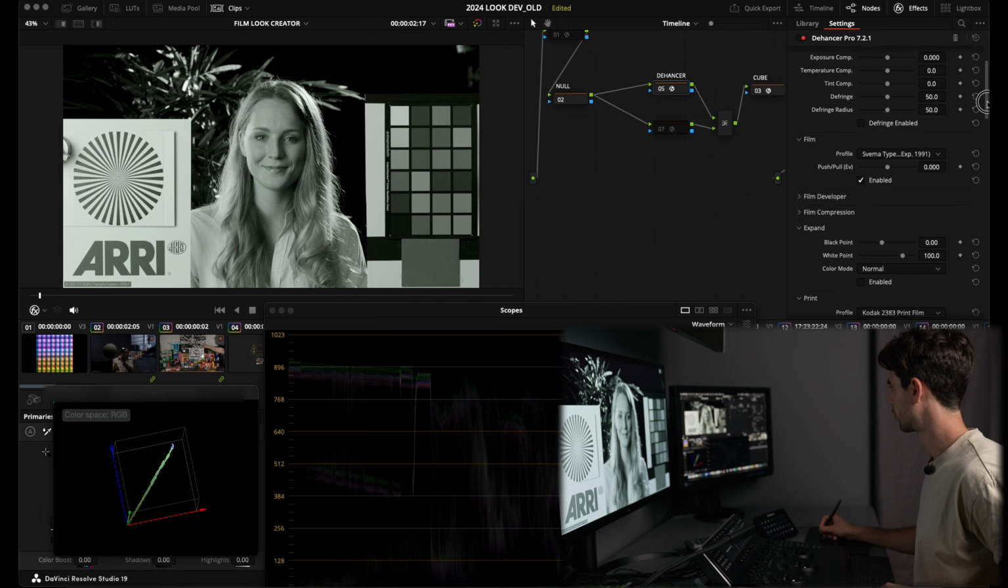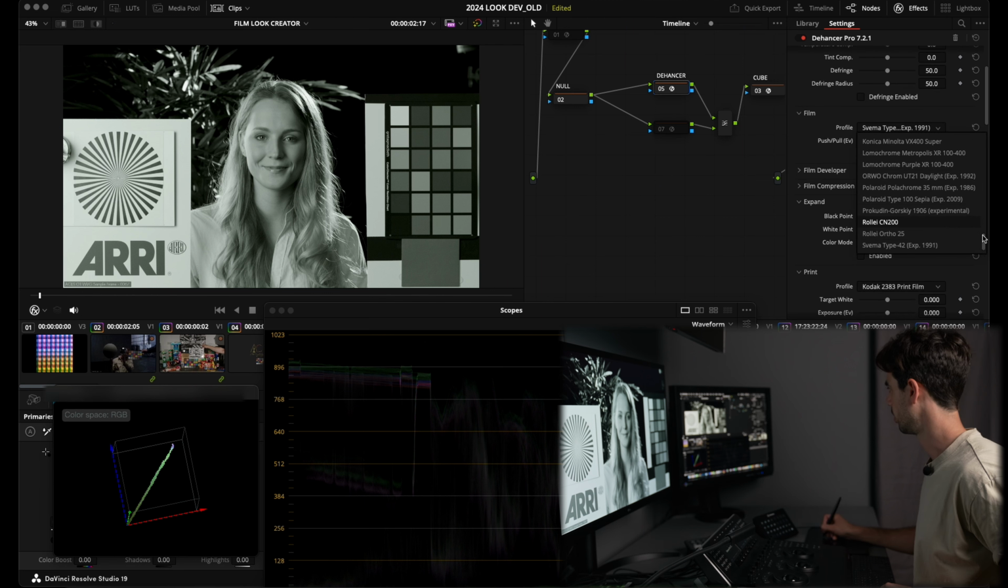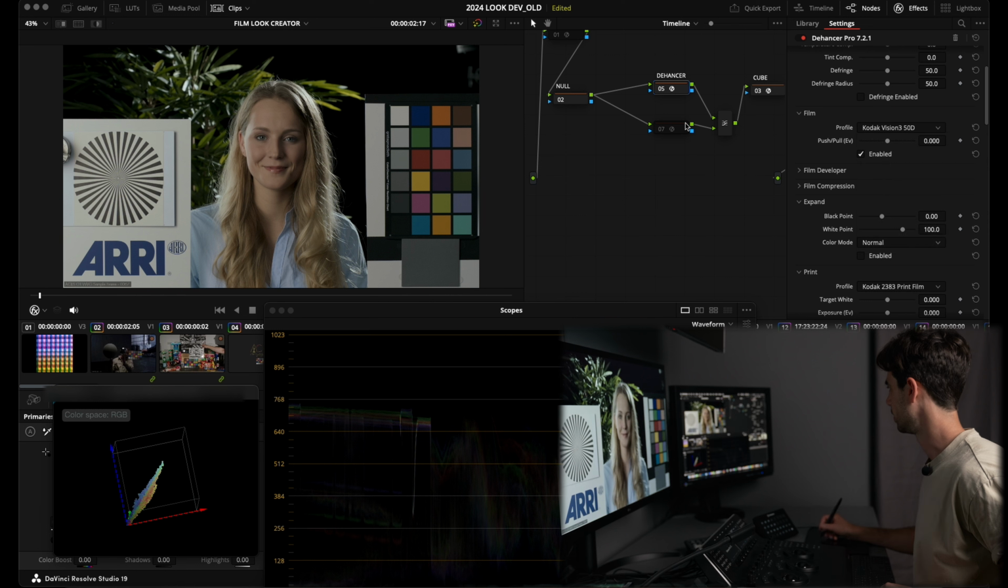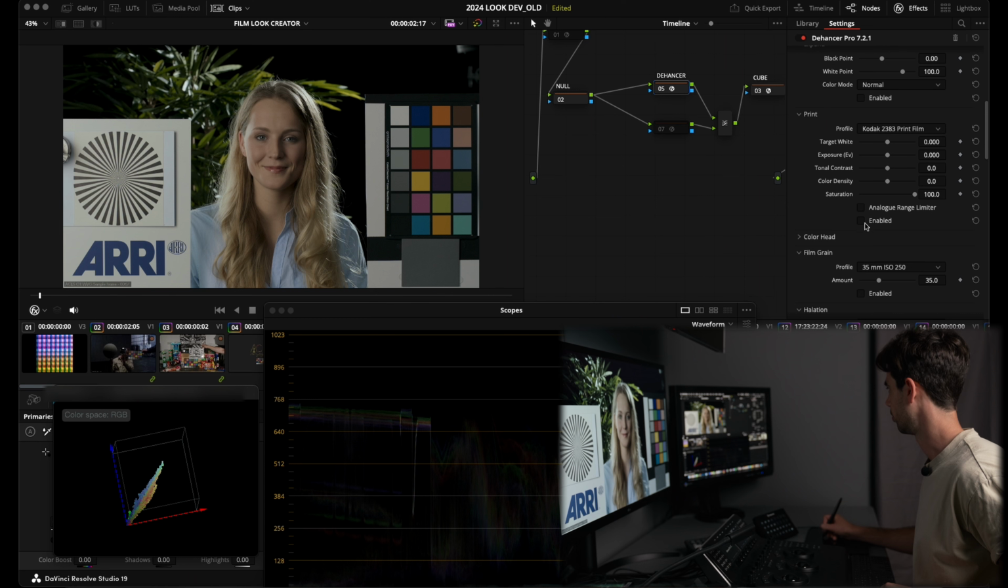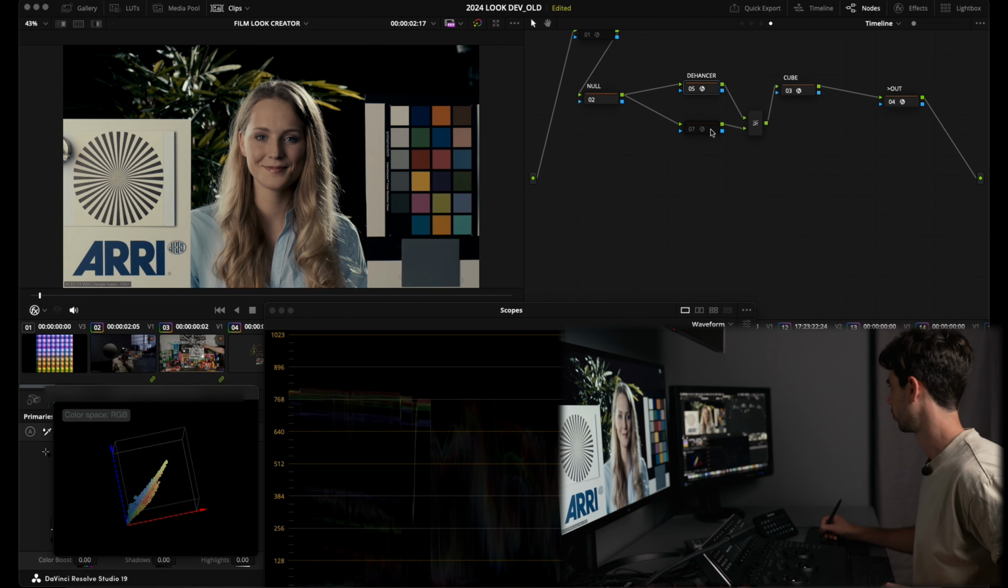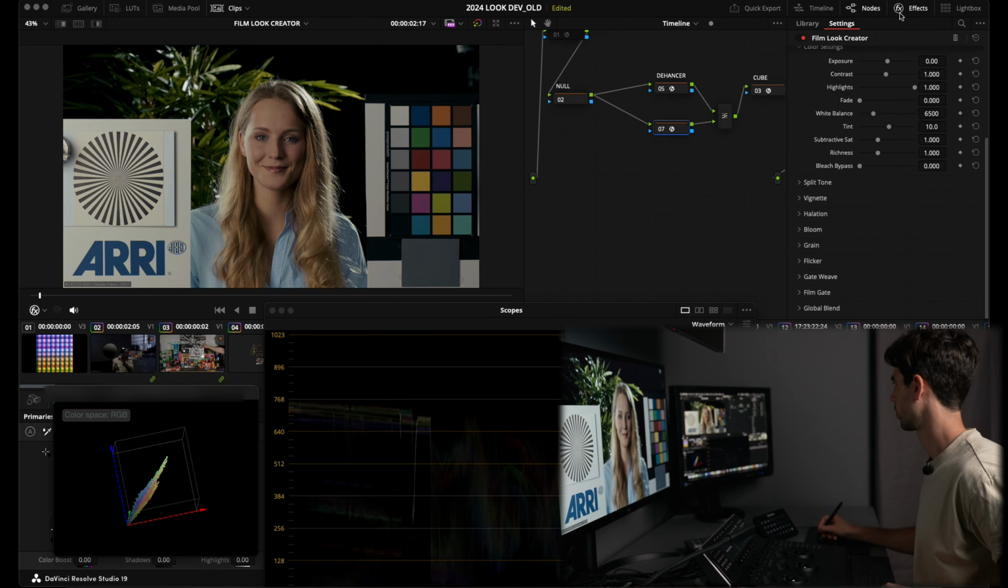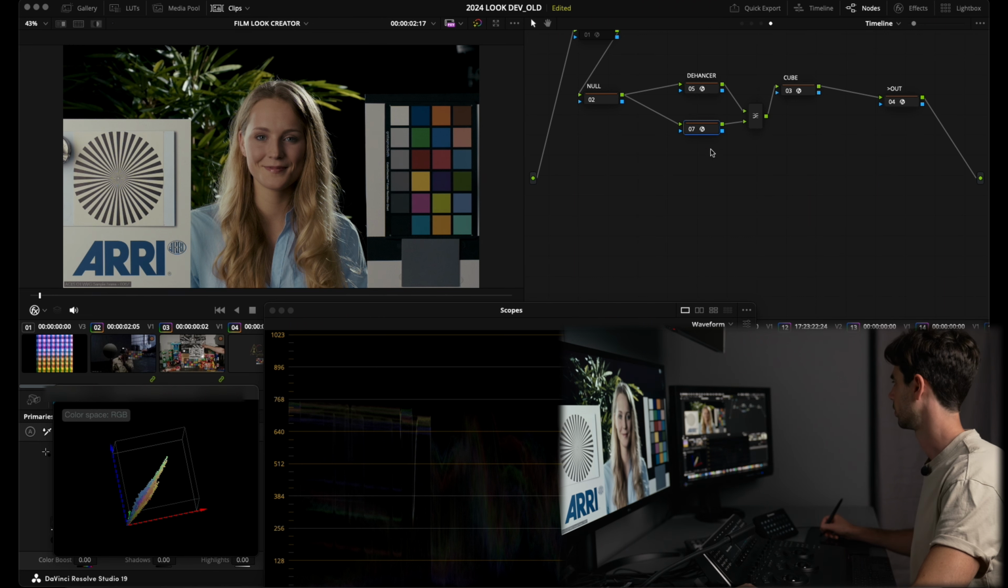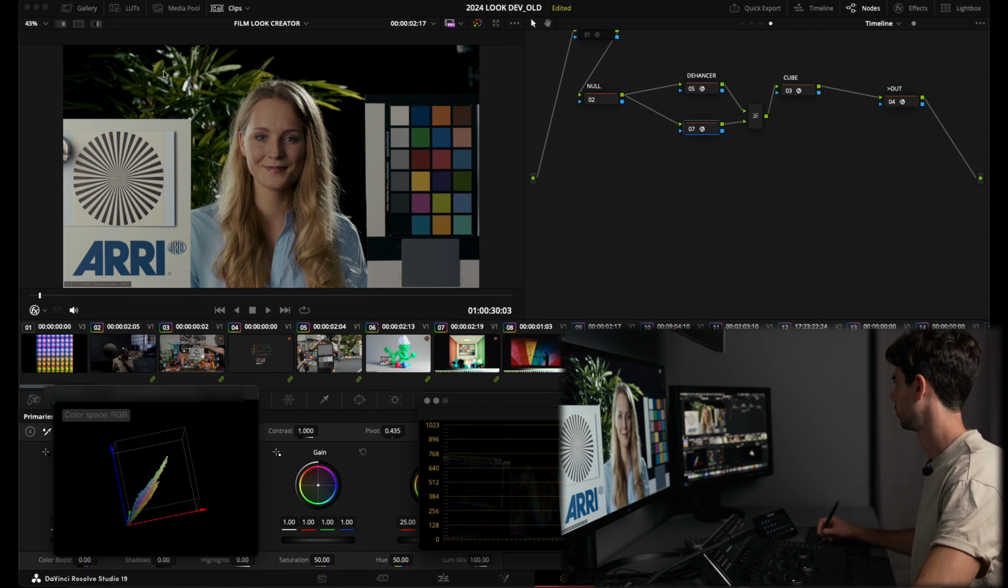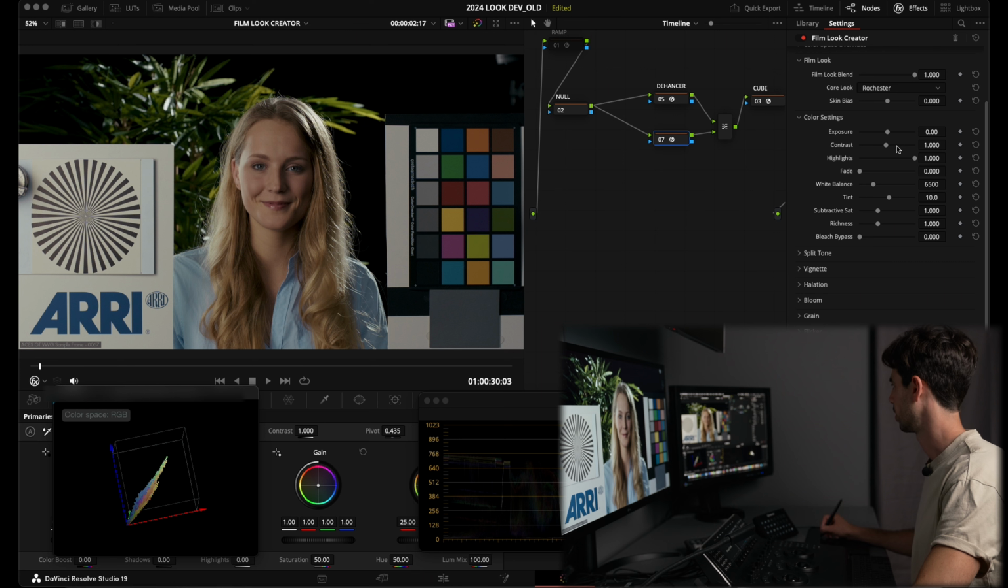I'm going to go back to a very standard sort of emulation, which would be the Vision 3 Kodak. So let's go 50D and let's load the 2383 print, okay? So we've got that on the one hand, and then let's load the film look creator, okay? I'm going to increase my contrast just a little bit, and just if I compare these two,